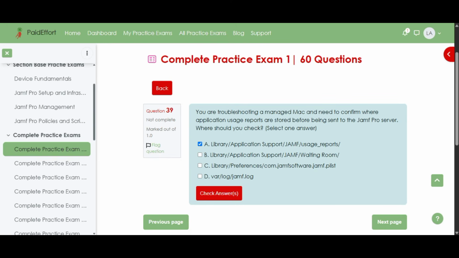Option B, the waiting room folder, is used for storing cached installer packages, not usage reports. Option C, the plist file in Preferences, contains configuration data and settings for Jamf's framework, but it does not log or store usage activity. Finally, Option D refers to the Jamf log file, which records Jamf binary activity and general operations, not data related to application usage. So again, if you're trying to verify where usage data is stored before uploading, you should check the usage reports